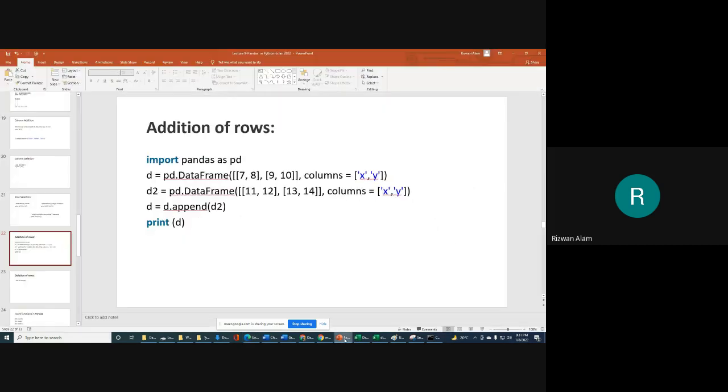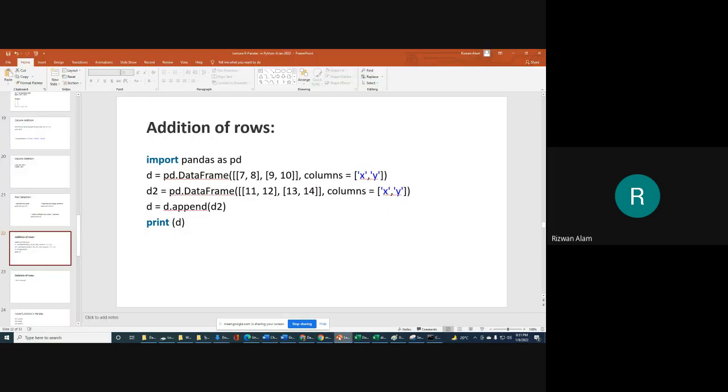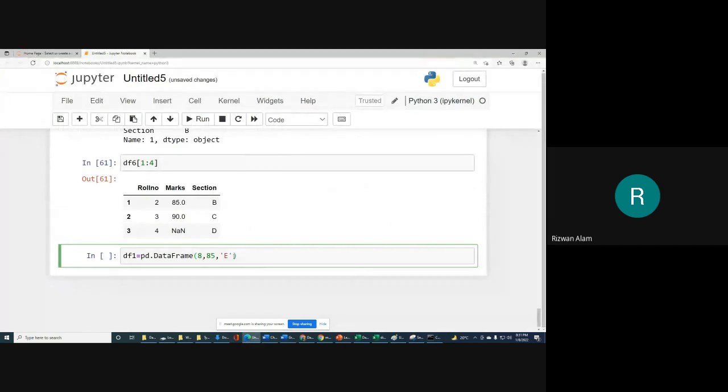In that we will write the values: roll number, marks, and section. For roll number we will write, for example, 8, for marks 85, and for section E. We will provide this as a list.